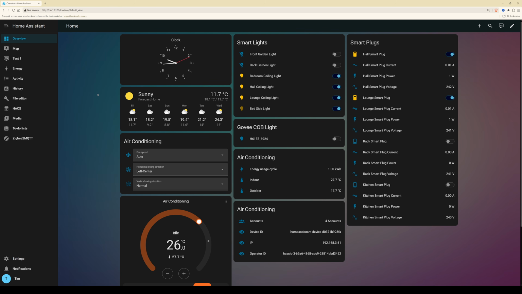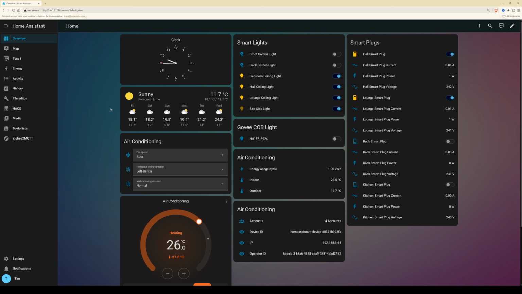So you can add as many dashboards as you want to do so. You can create a different dashboard, for example, for each user or each screen that you're using as your Home Assistant control panel. So if you've got a Home Assistant control panel as a tablet, for example, then you can have a different style dashboard for each device or each user and